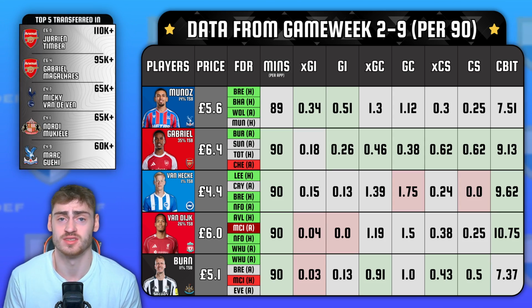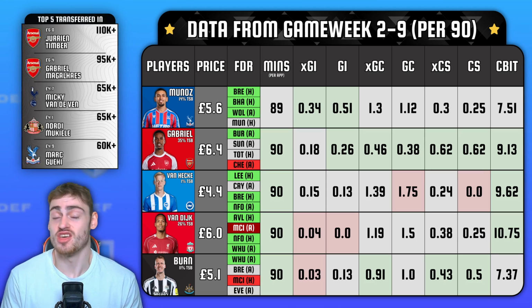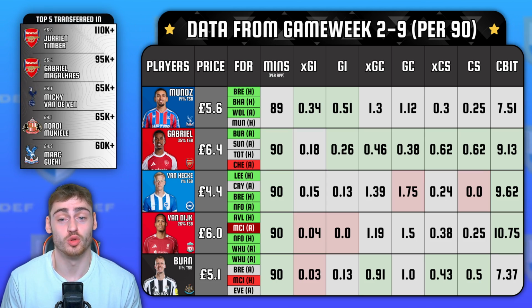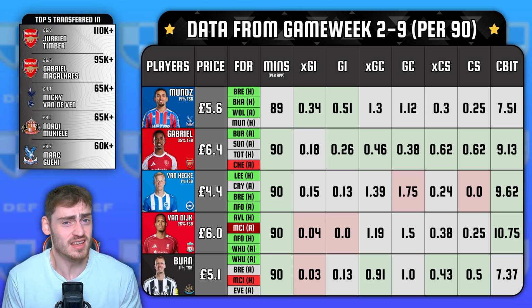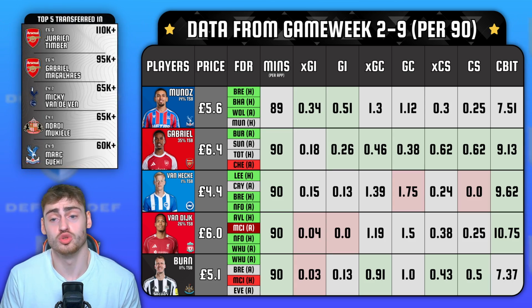So yeah, Gabriel, Timber, Saliba, Raya, get all them Arsenal players if you can. Bring them all in. Now, this was an easy first place pick. Daniel Munoz, insane fixture run. Decent defense, you know, the Crystal Palace underlying data is all right, but we're mainly bringing Munoz in for that